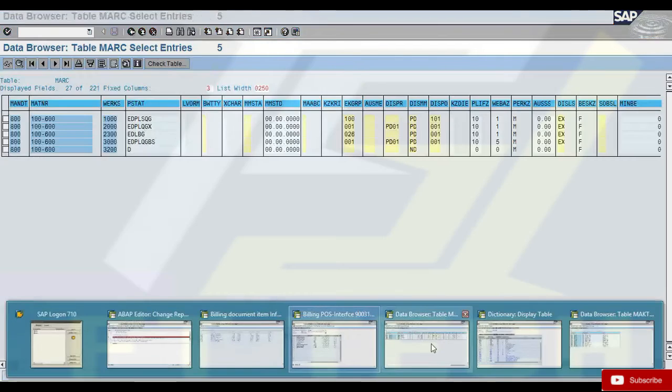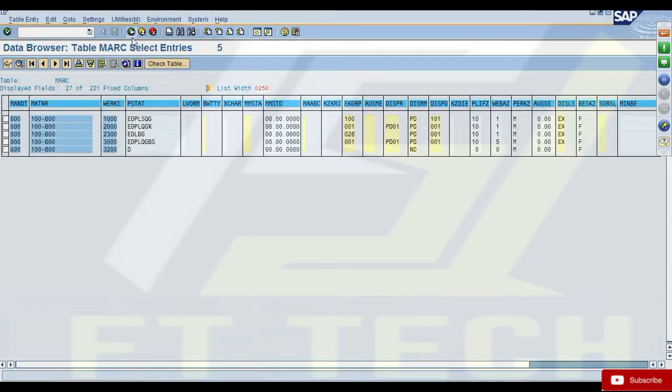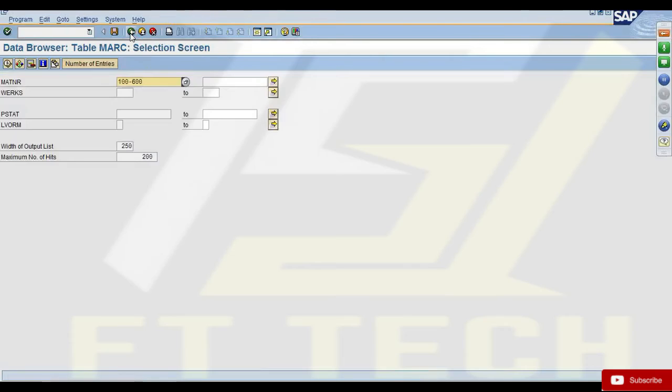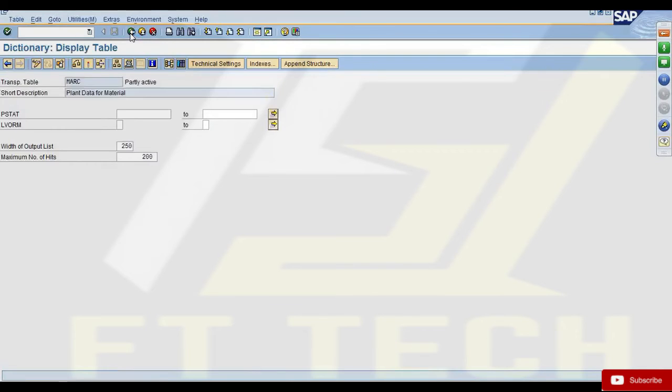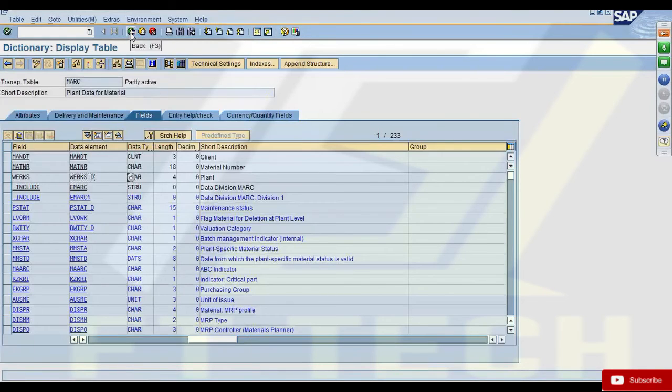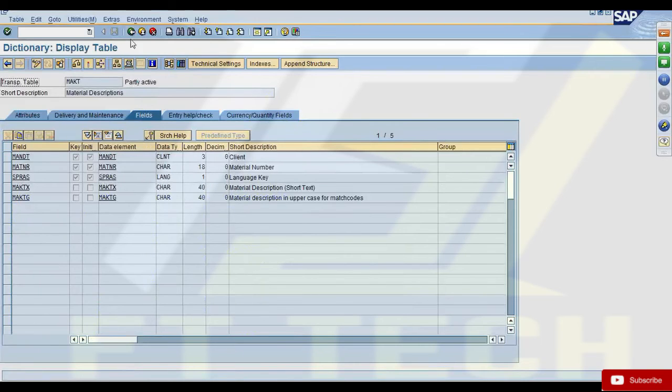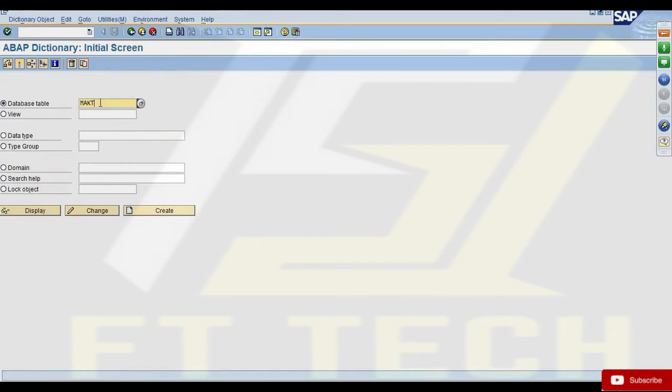So if you go to the KNA1 table, the customer master table, where we store all the customer information, if it is a customer, then we can get the payer details from KNA1. If it is a vendor, you can get the vendor details from LFA1.